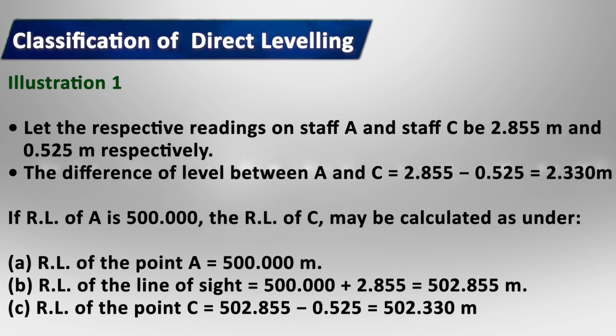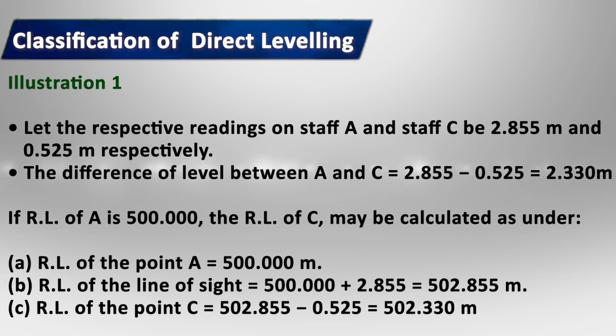The difference in level between A and C will be equal to 2.855 minus 0.525, that will be equal to 2.330 meters. Now, if in the question the reduced level of station A is given as 500 meters, then we have to find the reduced level of station C. We know the reduced level of point A is 500 meters, so first we will calculate the reduced level of the line of sight, that will be equal to the reduced level of point A plus the back sight reading at station A, that is 500 meters plus 2.855 meters, that will be equal to